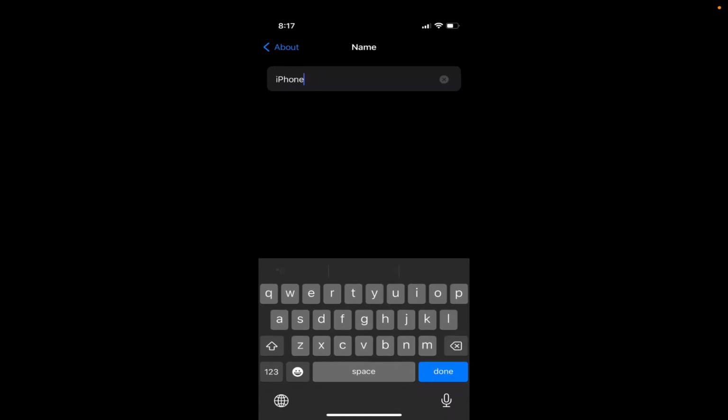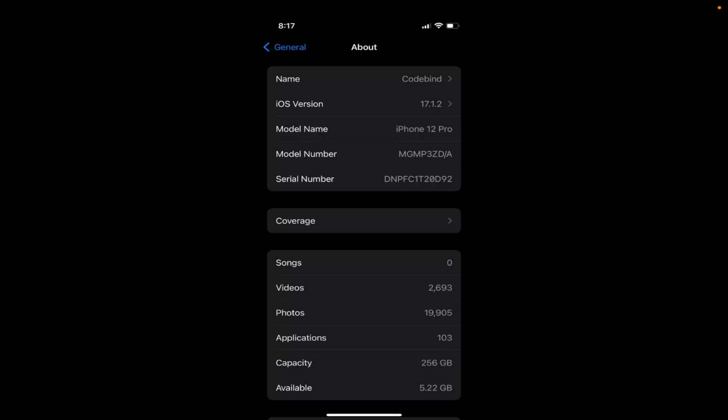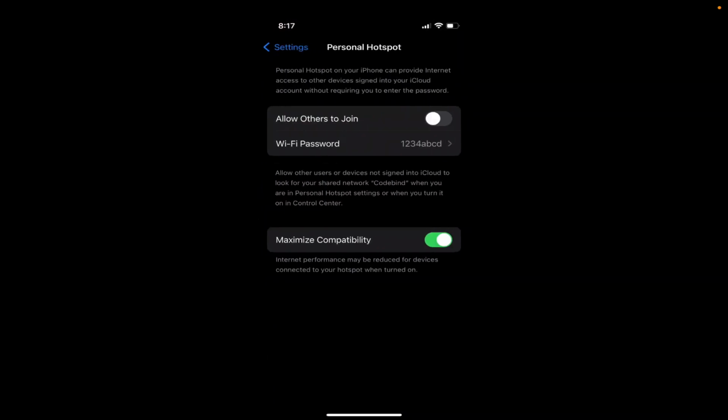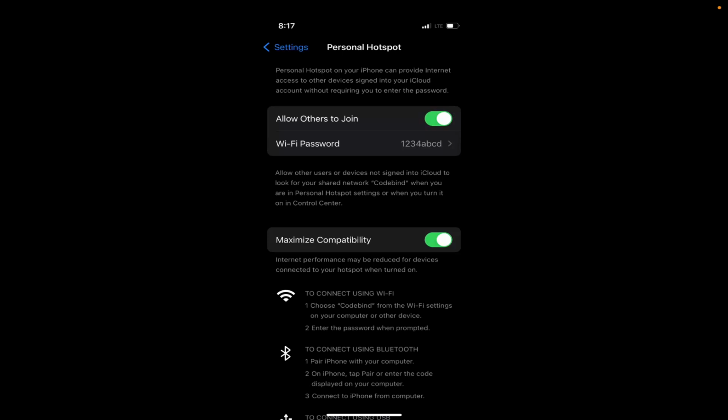Now I can change this name to anything. For example, I can change to some other name, and from now on, when I click on done here, from now on the device name will be the new name. And then when you create a hotspot, so let me create a hotspot, let me enable this hotspot,